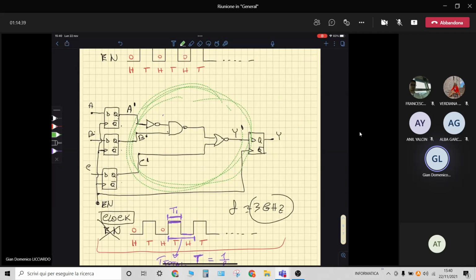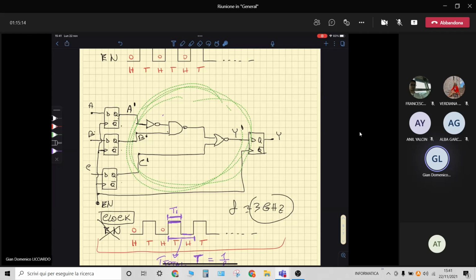However, I cannot strictly speak of a periodicity because if these flip-flops here are all transparent, then the outputs A first, B first, and C first here